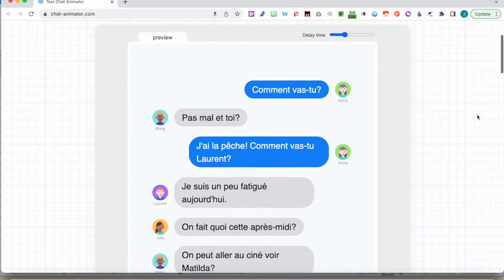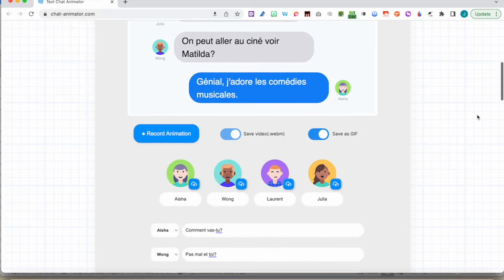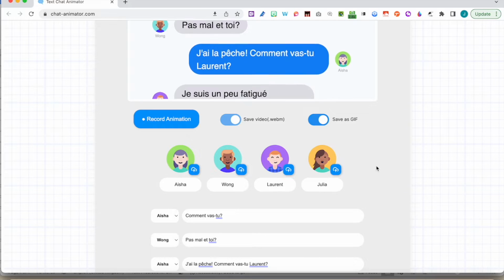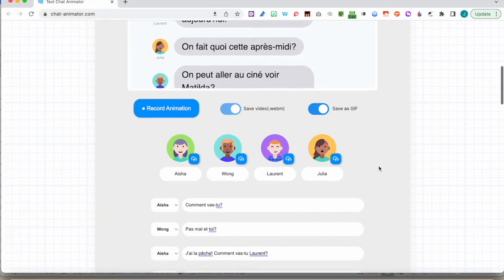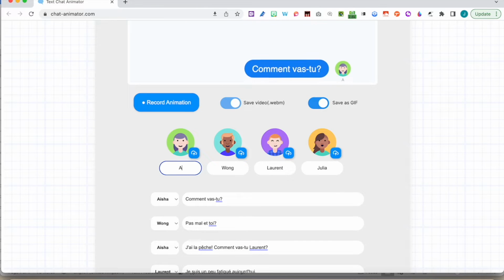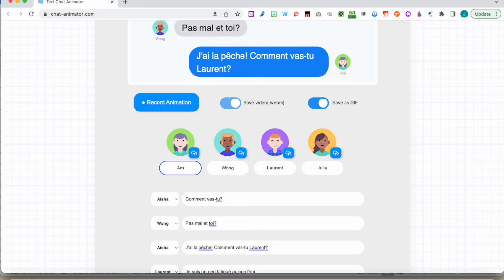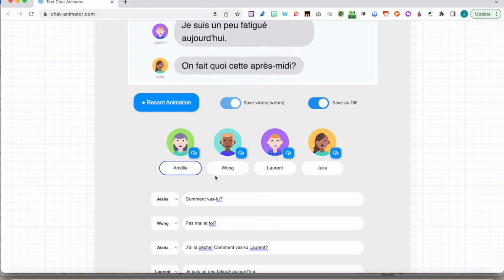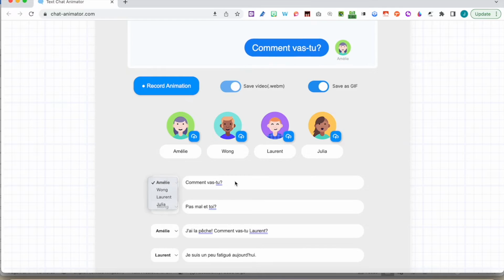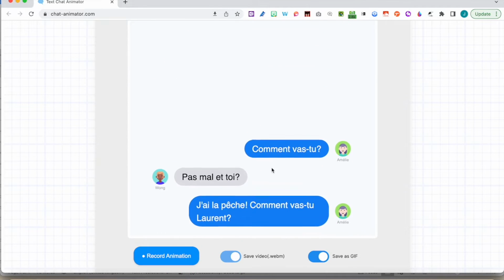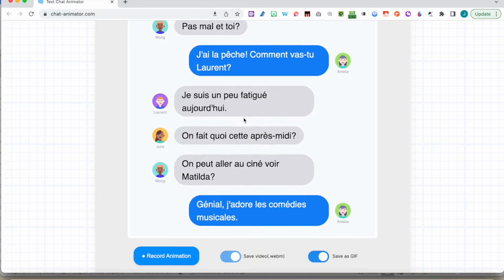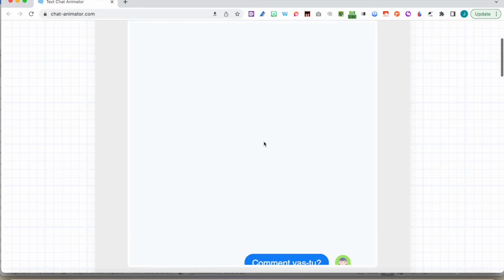So as you can see, it's got a nice clean interface and it's super easy to play with or to organize things. You already have some characters here, some icons for people, and you have their names. You can change the names. If you want to call Aisha, I'm going to change it into Amelie, maybe something like this, and so on and so forth. You can change the name of the people, or obviously the name of the characters here, and you can change the dialogue, and you can see Aisha changed into Amelie. You can see that it works like text messages, and people send text messages to each